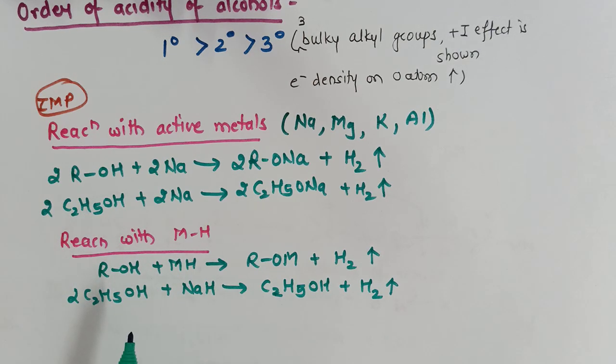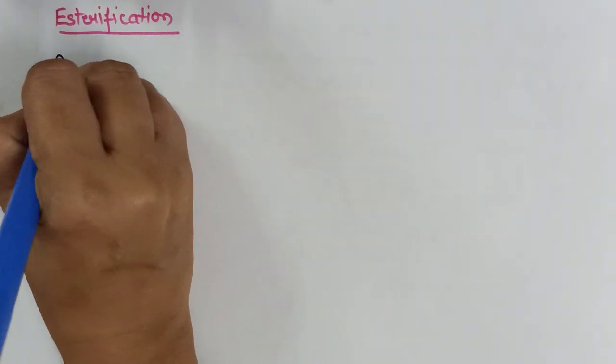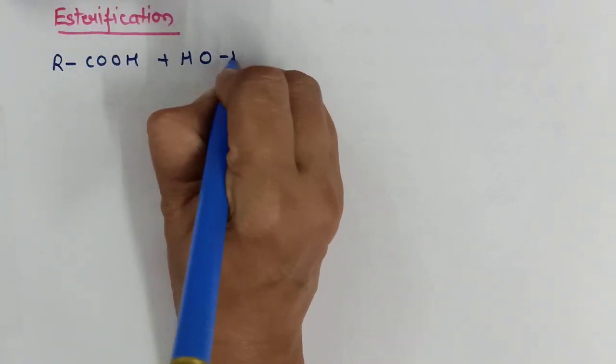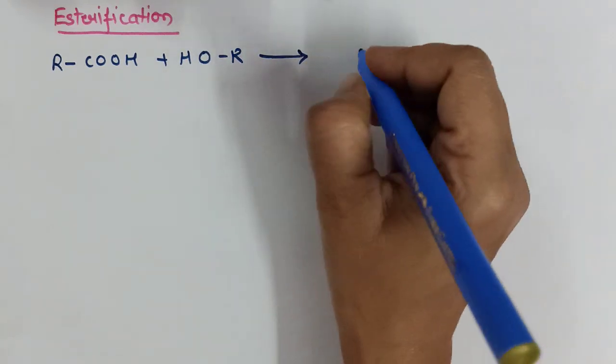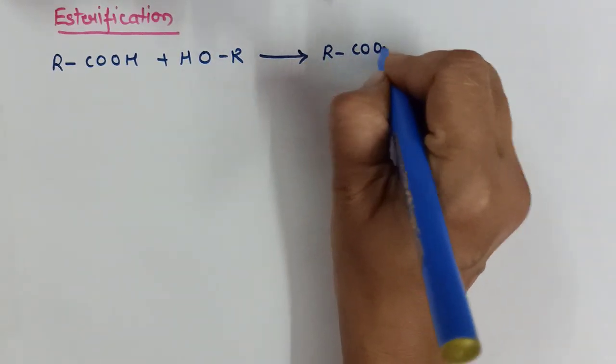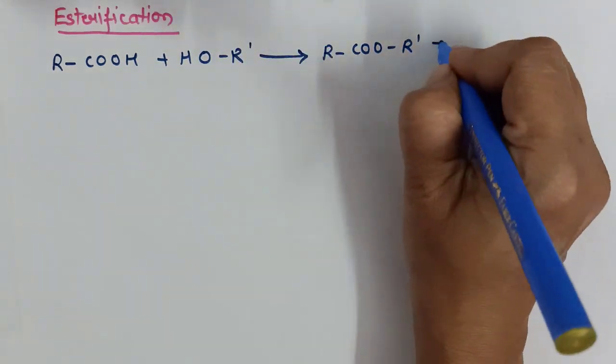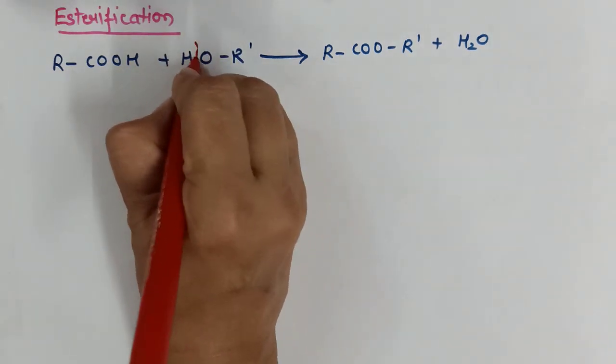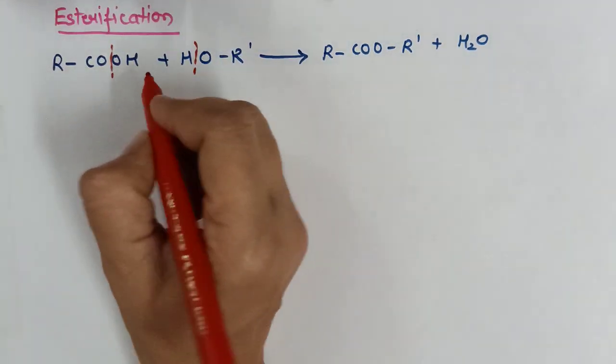The next reaction which we are going to discuss in the cleavage of oxygen and hydrogen is esterification. In the esterification reaction, alcohols also have cleavage of the oxygen-hydrogen bond. From our basic knowledge, we know that any acid, when it is treated with alcohol, gives us ester along with the formation of water. Now here there is a cleavage of the oxygen-hydrogen bond, and from the acid, OH is cleaved.